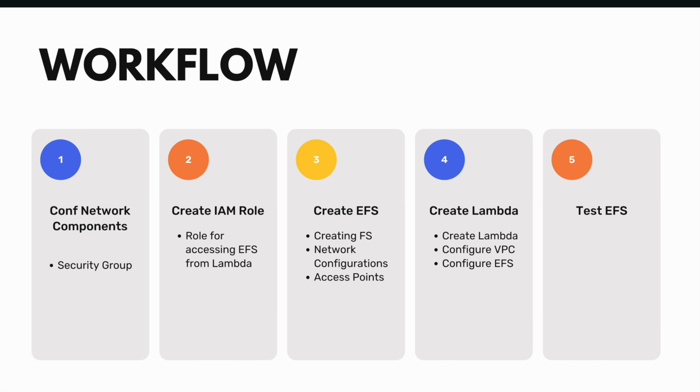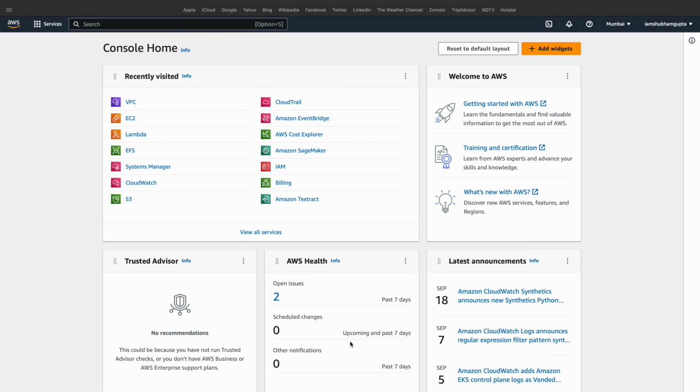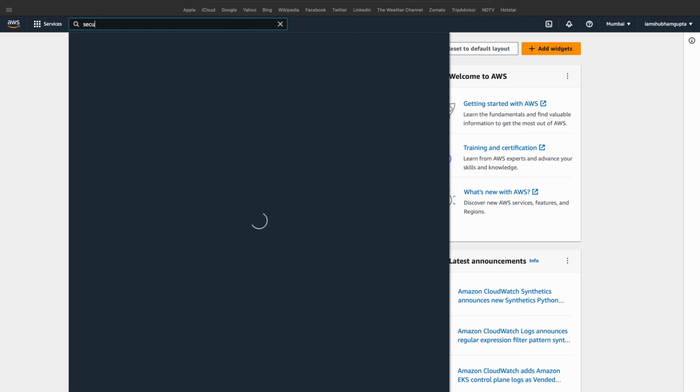So let's first start with the network components and security group configurations. Why do we even require security groups configuration? One thing to keep in mind is that EFS is a network storage, and we can only access EFS if we have configured a VPC, and there is a specific port on which EFS listens, that is 2049. So if we need our file system to integrate with Lambda, or for that matter any other service, that service has to be within the same VPC and have a security group configured to listen on port 2049. So for that, let us go to the security groups tab,